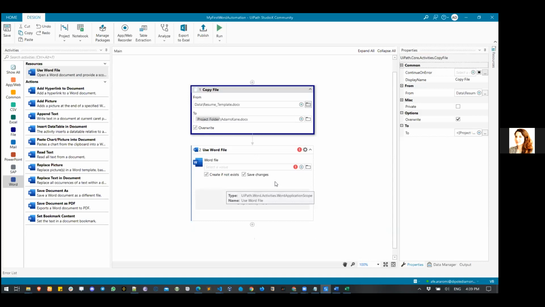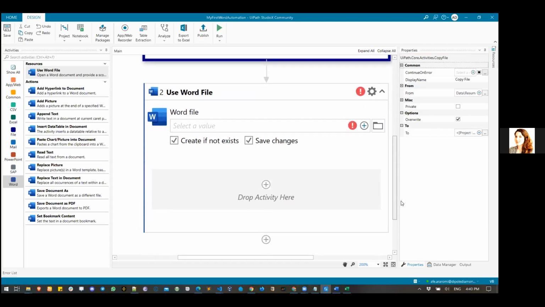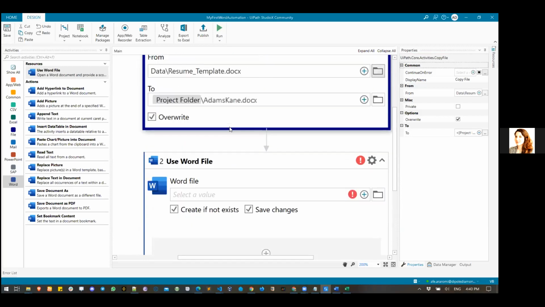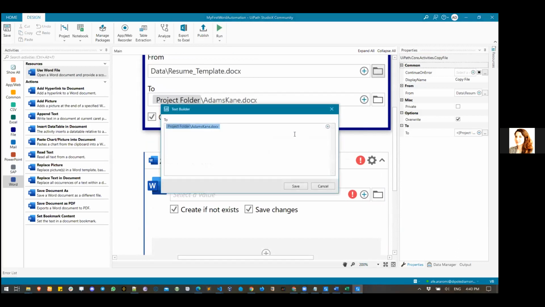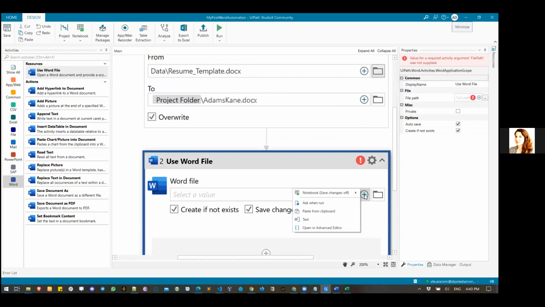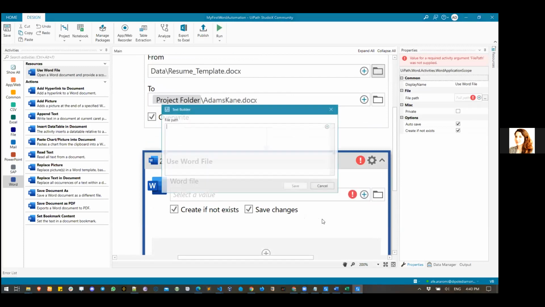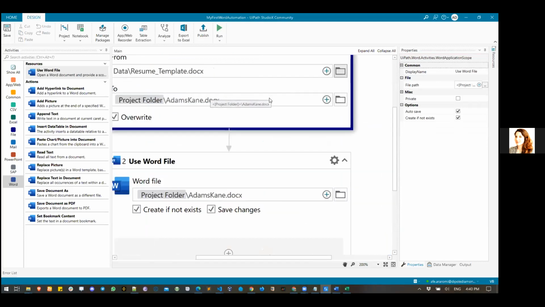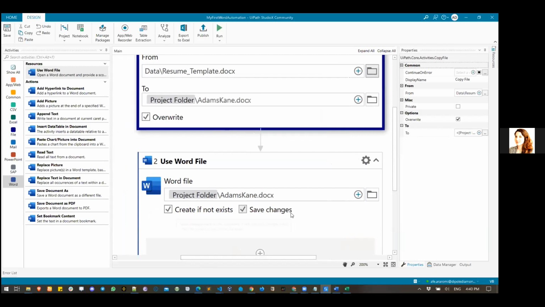Okay, so for our use word file, I think it's nice for me to just zoom in so that everybody sees what I'm doing. We need to indicate the file we want to use. Since this is the copy, the file that was copied, you could come here, click on text, Control A to select all, Control C to copy. You can cancel this because you don't want to change that. And come here, click on text, and paste this. This is one way to do this, so that the file path on top here matches the file path for the use word file. That is one way. But remember, we have